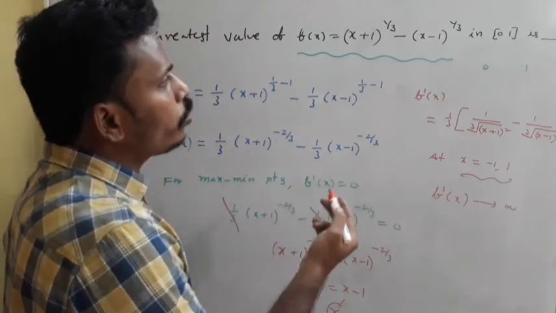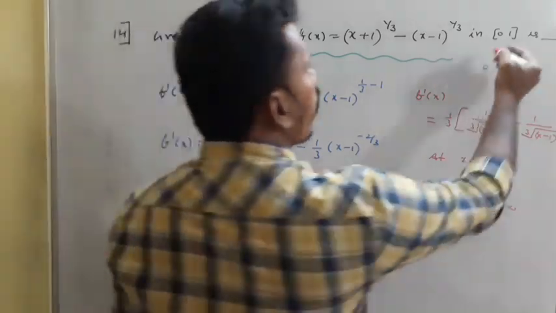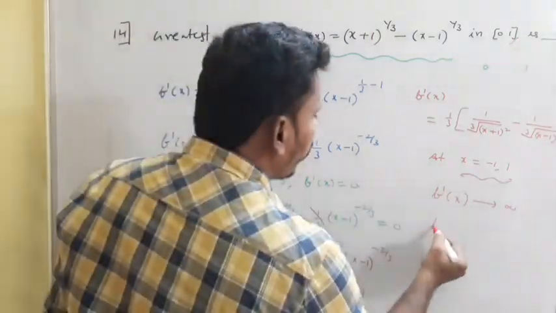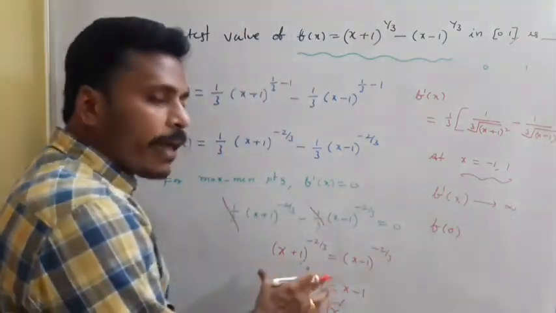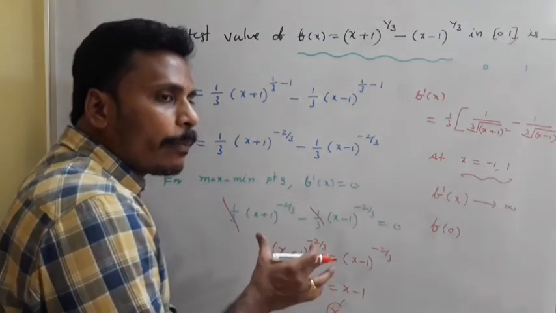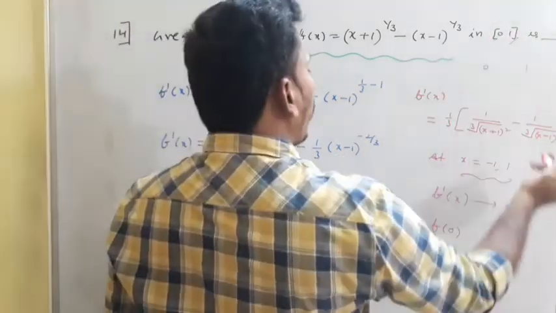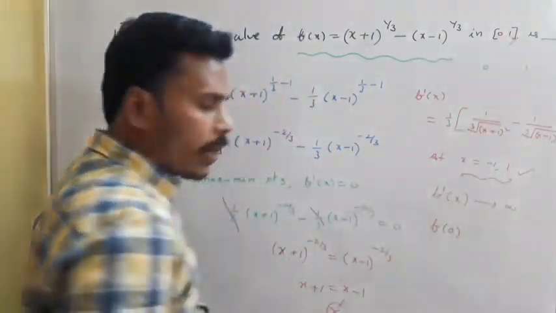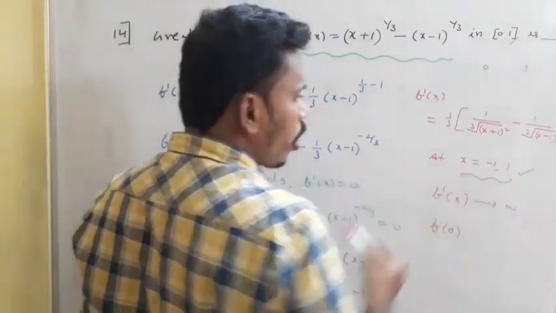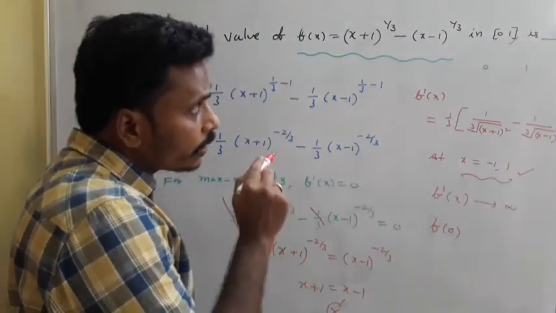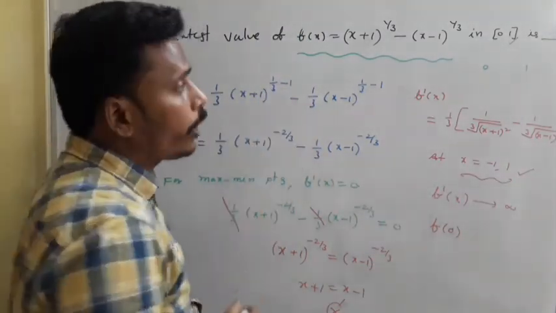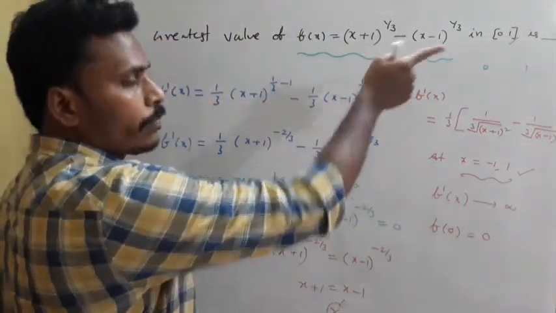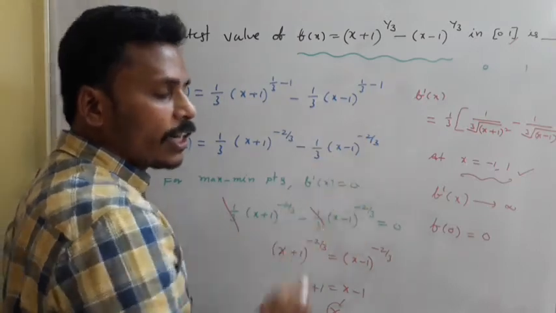So greatest value is simply nothing but leads to infinity, because 1 is the endpoint of the interval, right? At 0 if you calculate, since it has no local maximum minimum points, our complete concentration is at the endpoints, and we checked the critical points also. Since minus 1 is not included in the interval, leave it, just pay attention to that 1. At 1, the f of 1 corresponds to infinity. At 0 if you calculate, your answer is 0, right? At 0 it is 0, at 1 it leads to infinity.